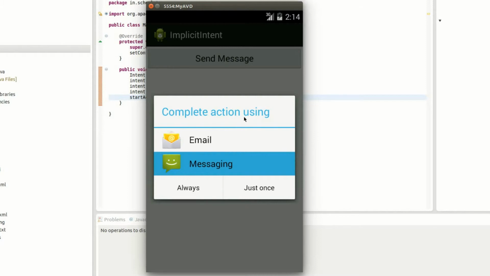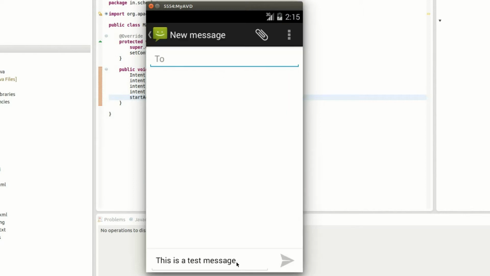Now there are two applications, reason being our intent was ACTION_SEND, and there are two applications compatible with this particular intent. That is the reason that there is a dialog box.